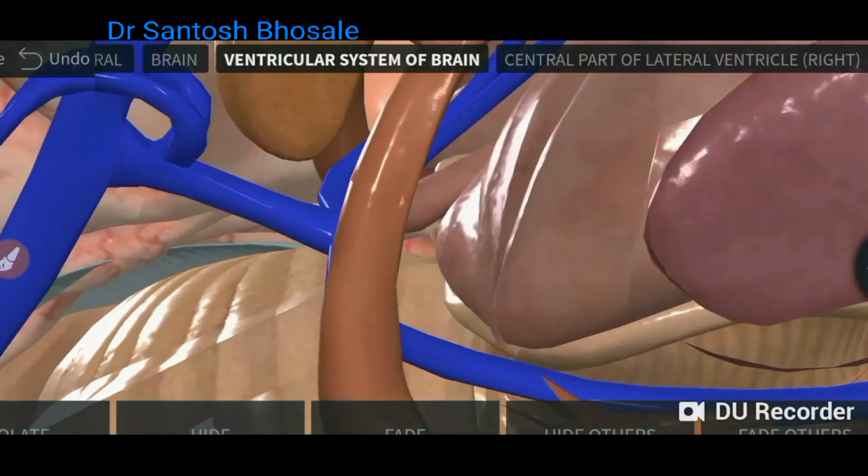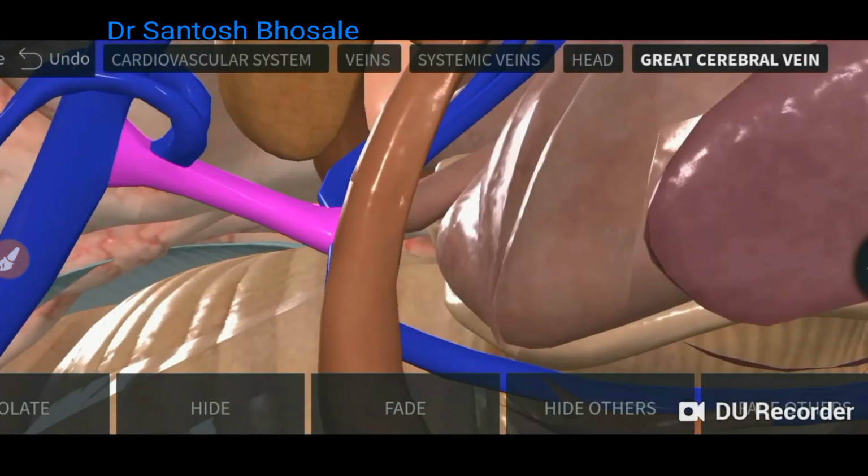You can make out here, that is the great cerebral vein of Galen, formed by the two internal cerebral veins draining the medial and internal part of the brain. They join and drain into the straight sinus. Straight sinus is also present within the meningeal layer